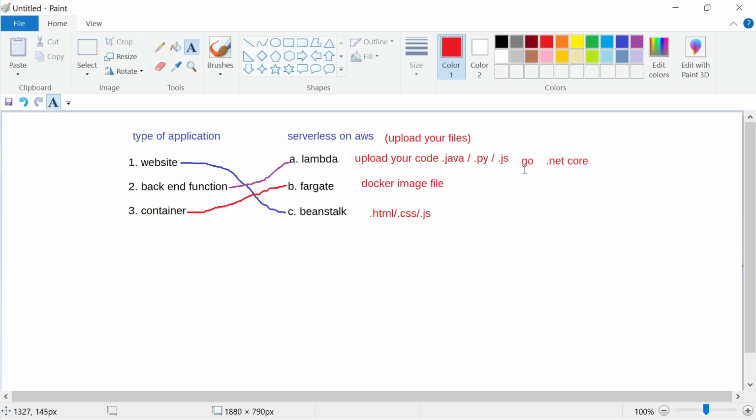So serverless means you don't create the machine or the server. The server is hidden for you. The server is created and managed by AWS for you. All that you do is upload your code and you run your program. This is useful when you don't have your technical team who knows how to create the server or configure, let's say you want to